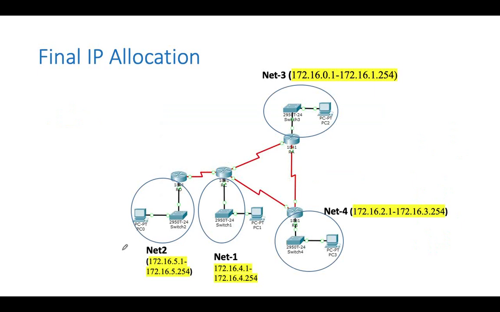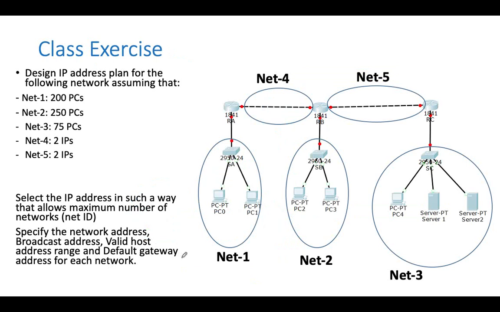This is the final allocation, as you can see over here. Network 1 from here; as you can see, from network 3 we'll start with that, because this is the 500. We're going to start from 0 until the end of 1, from 2 until the end of 3, as you can see here. This is 4 until the end of 4. This is 5 until the end of 5. We give you that network,